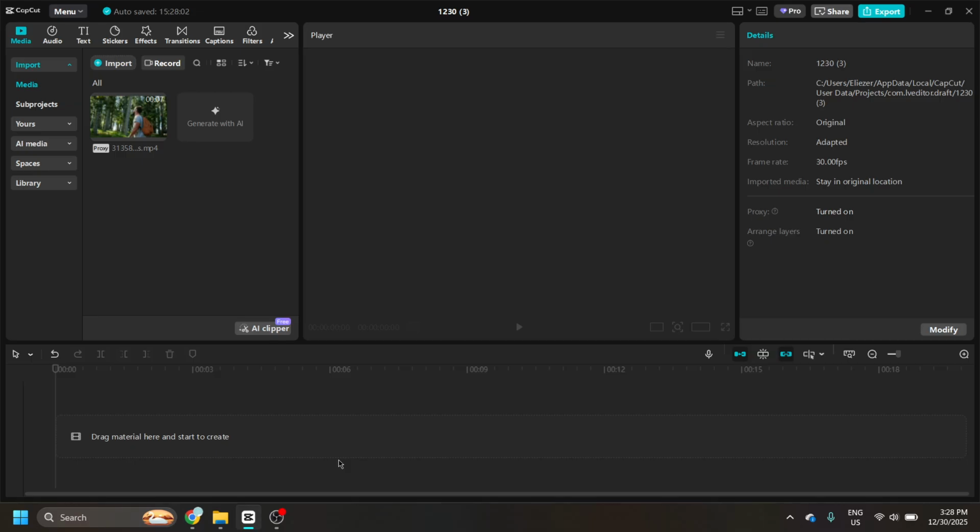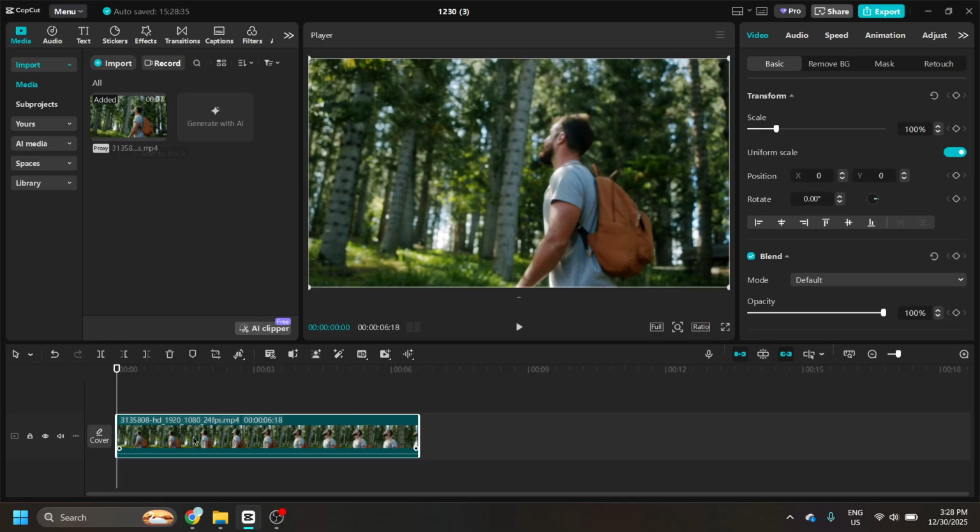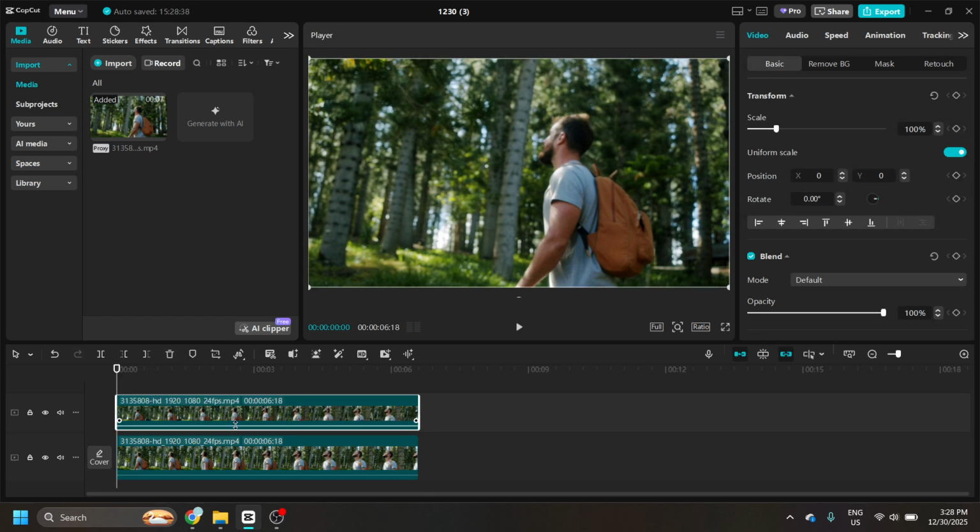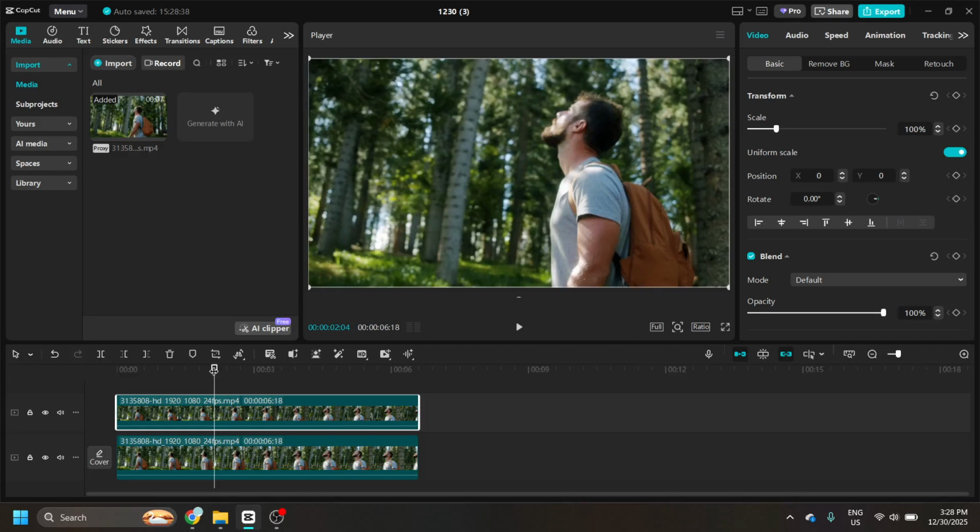Next, duplicate that same video. You can use the duplicate or copy command, and make sure the duplicated clip sits directly above the original on a new layer. Keep the two clips perfectly aligned and the same length so everything stays in sync. Think of the bottom clip as your full scene, and the top clip as the layer we'll transform into the